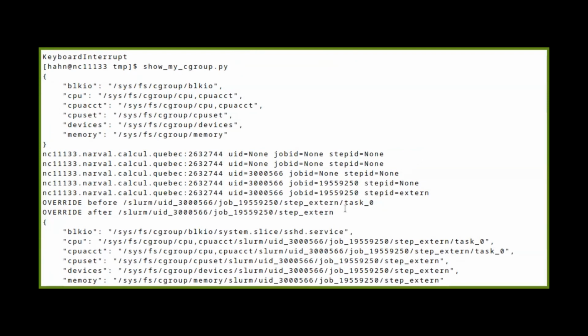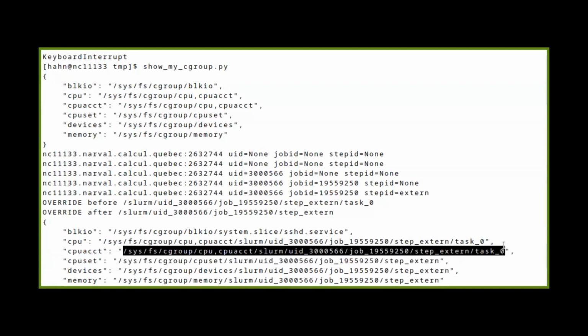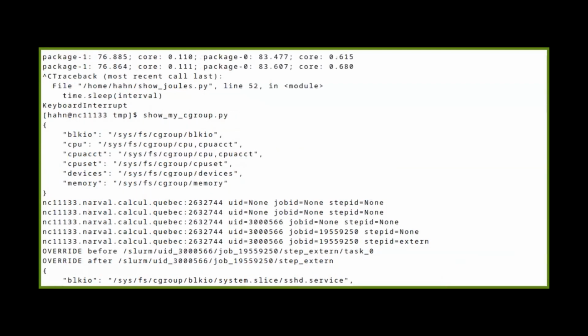So the one I want to talk about mainly is the kernel C group set called CPU accounting. And in this case, the information about this job and this step is found in this location, which is quite a mouthful. But if we go there,